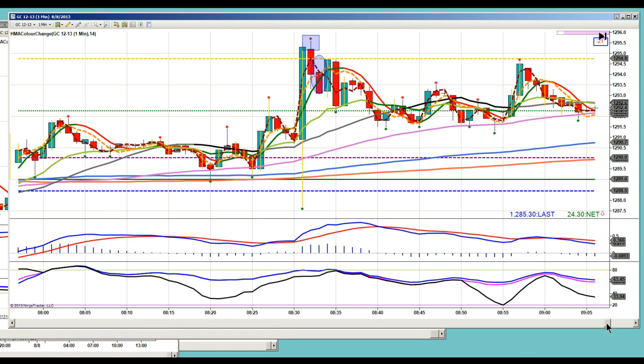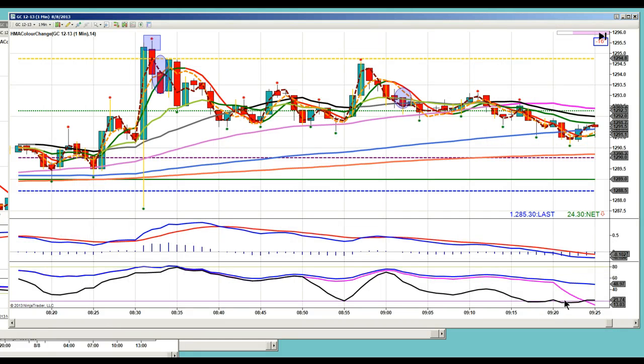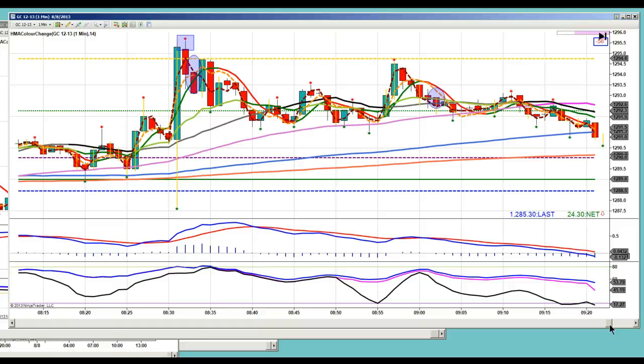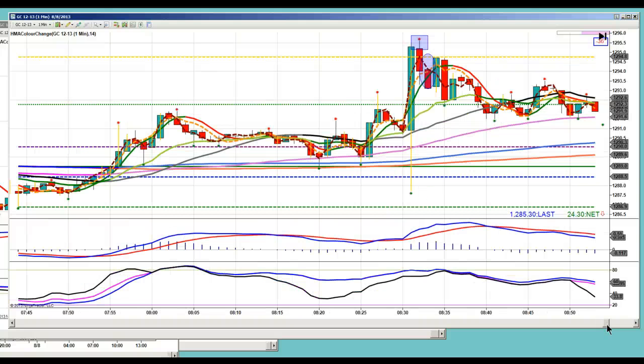Maybe something like this over here, by the time the HMA changes color, it'll usually change color between this candle and this candle. You're too close to the 13. So you don't want to be entering in those areas waiting for the HMA to always change color. Now, where you can use the HMA, though, that's if you're just looking for a basic 3 tick scalping trade. Where you can use the HMA